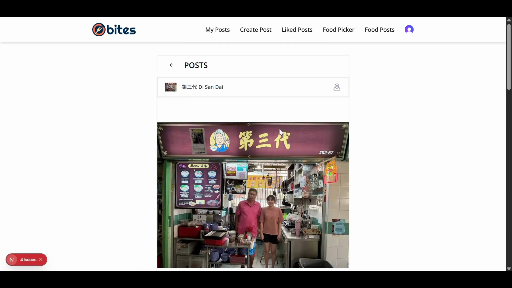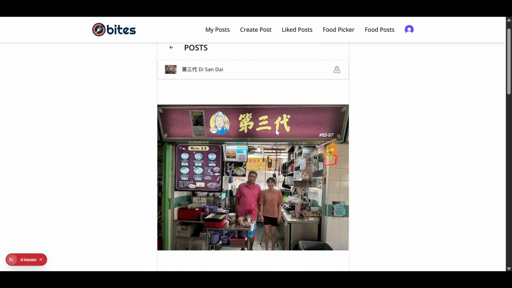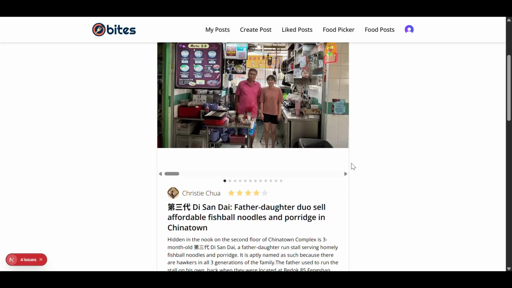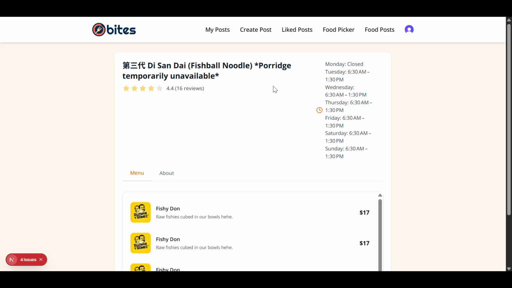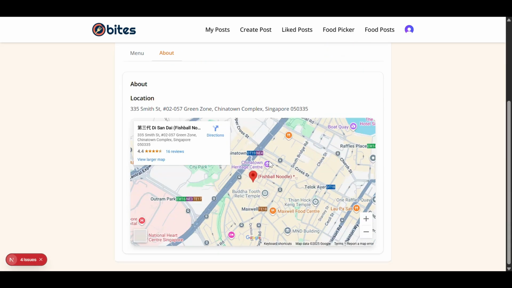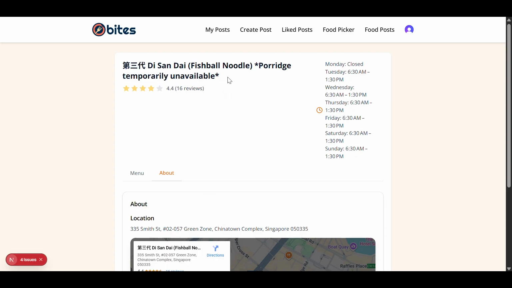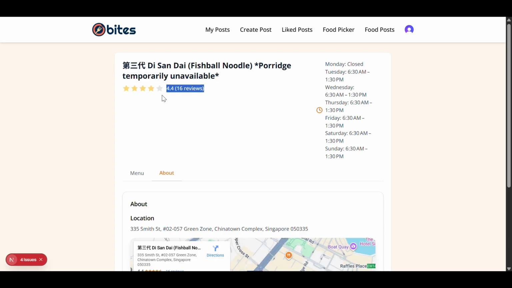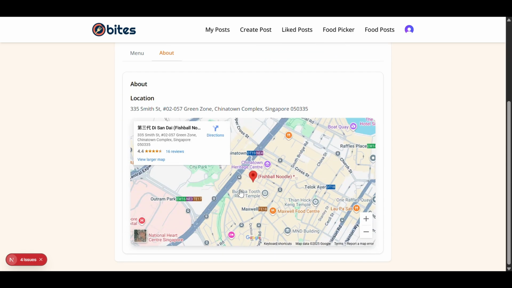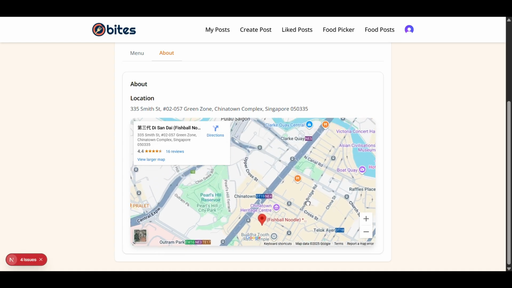In the post itself, users are able to read reviews and view ratings, as well as look at images. To get more information on the particular restaurant, we have integrated Google Maps functionality to display restaurant details, which are most up to date, and provided an embedded map for users. As you can see here, the restaurant title from Google is here, the number of reviews, the ratings itself, the opening hours, the address, as well as an embedded map,